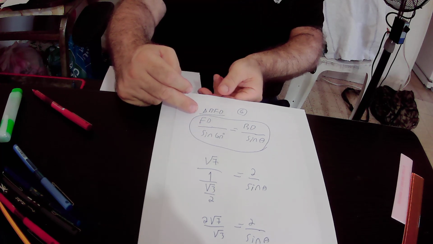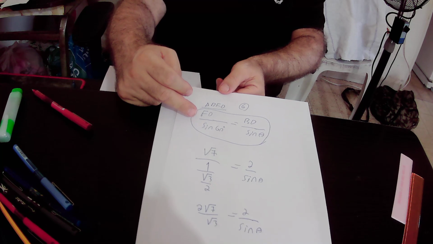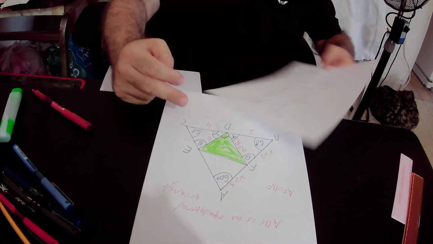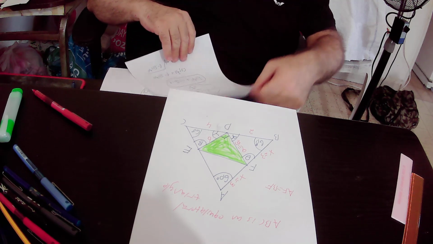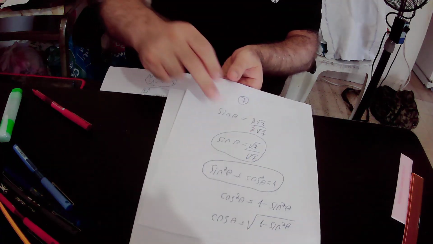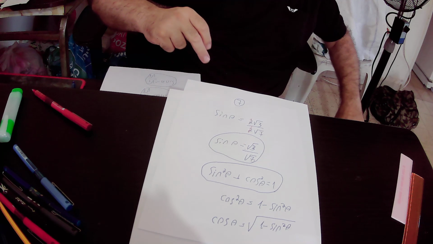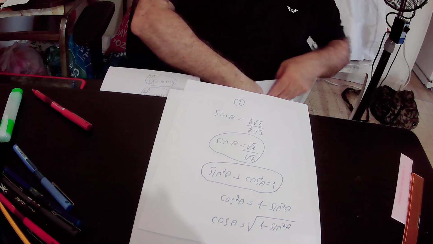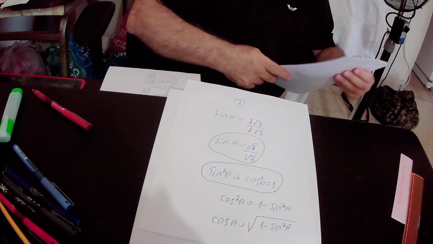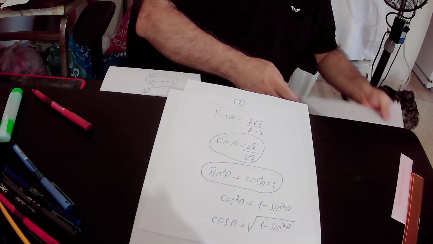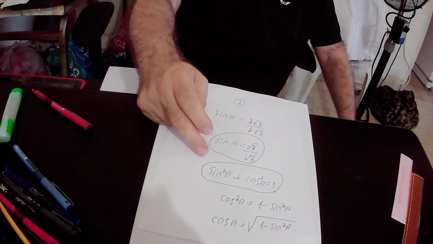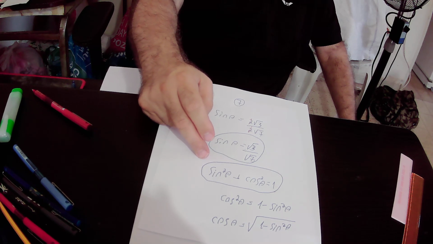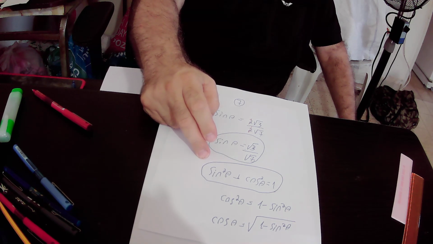So we got, after the calculations, that the value of sinus theta equals to the root of 3 over root of 7. Then we derived from sinus theta the value of cosinus theta by using the first trigonometric identity that states that